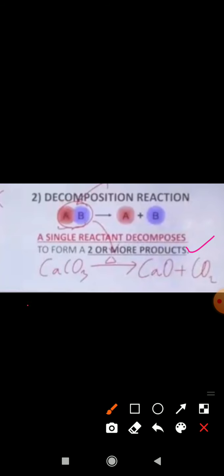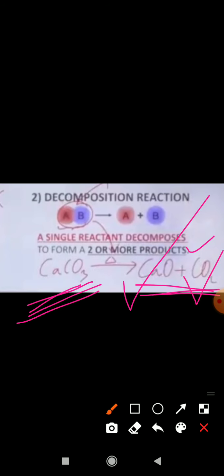In a combination reaction, we see that two or more reactants combine to form a single product, but here is the vice versa. A single reactant decomposes and forms two or more products. For example, CaCO3 is a reactant; by heating (the triangle stands for heat), it forms two products, CaO plus CO2. This is an example of calcium carbonate, when heated, decomposing into two products, calcium oxide